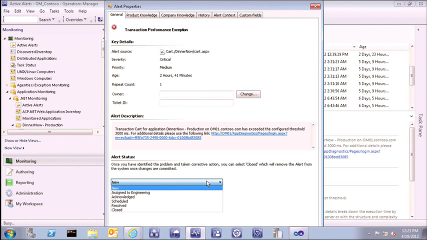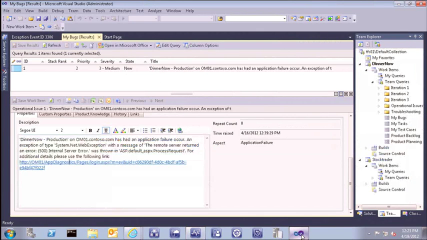I can actually tell the engineering team and the development team that they have a bug. So I can switch over, say assign it to engineering. That's automatically going to go back into Team Foundation Server. Team Foundation Server is going to be able to pull it up right inside of their Visual Studio environment. So now we're talking to two different team members about the same incident,